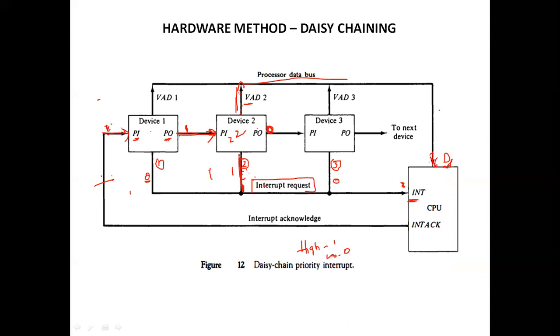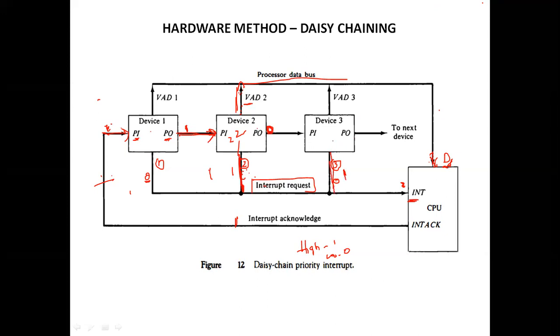Now the device puts its interrupt request signal in high state to indicate its interrupt has been taken care of. So here this signal is going to be high, that indicates that the interrupt is going to be taken care of. This is how the daisy chaining method is going to work. The CPU need not check which device has polled. Here all the devices are connected serially. Which device wants to poll an interrupt, that is going to make the line in a high state. High state in the sense 1.